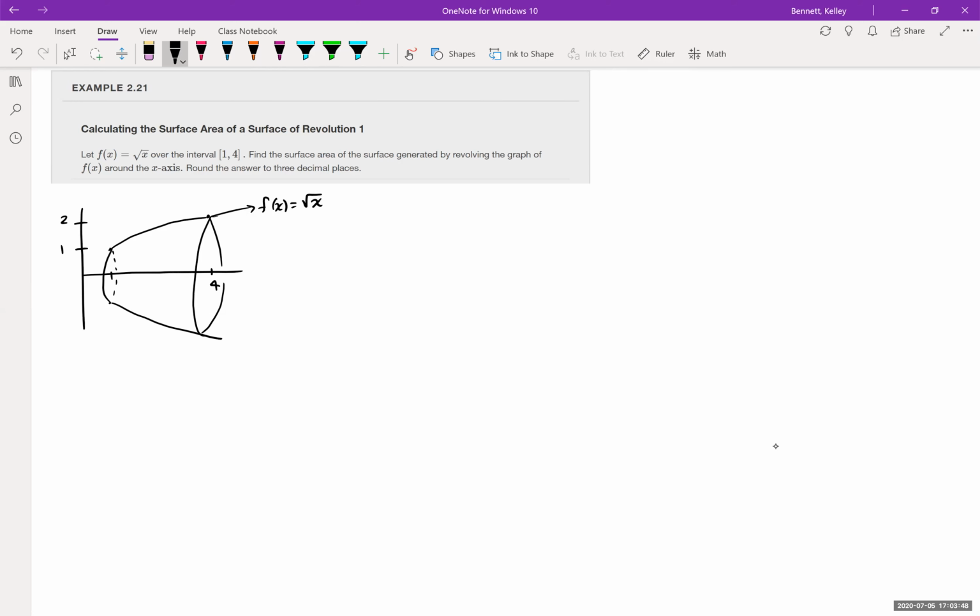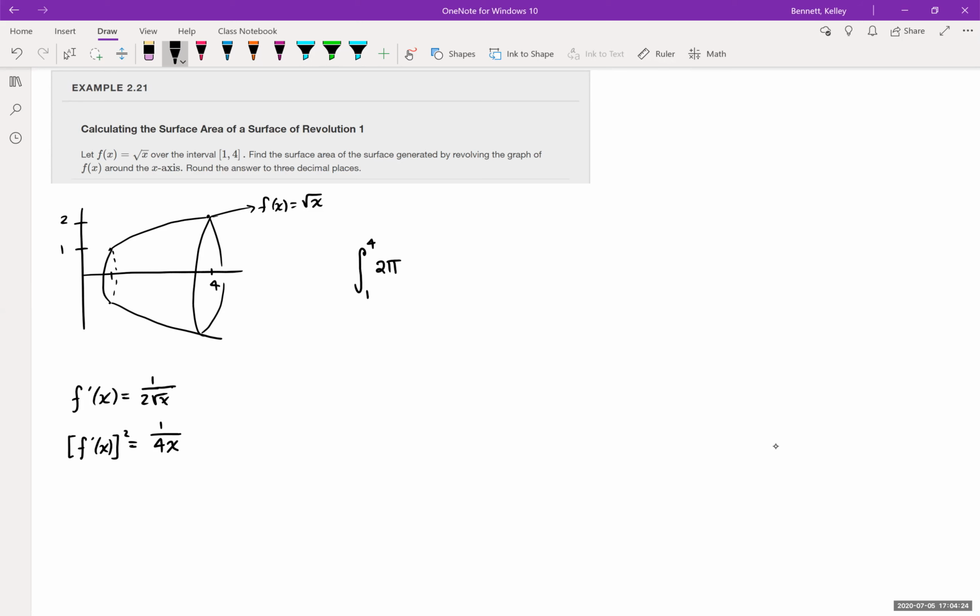Okay, so what do we need to do? We just need to add up all those strips. We don't need to parse it out each time. We can just follow the formula. So we're going to have that f prime is equal to 1 over 2 root x. Then f prime squared is 1 over 4x. And so if I put this into what we discovered to be the structure for computing the surface area, I would get the integral from 1 to 4,